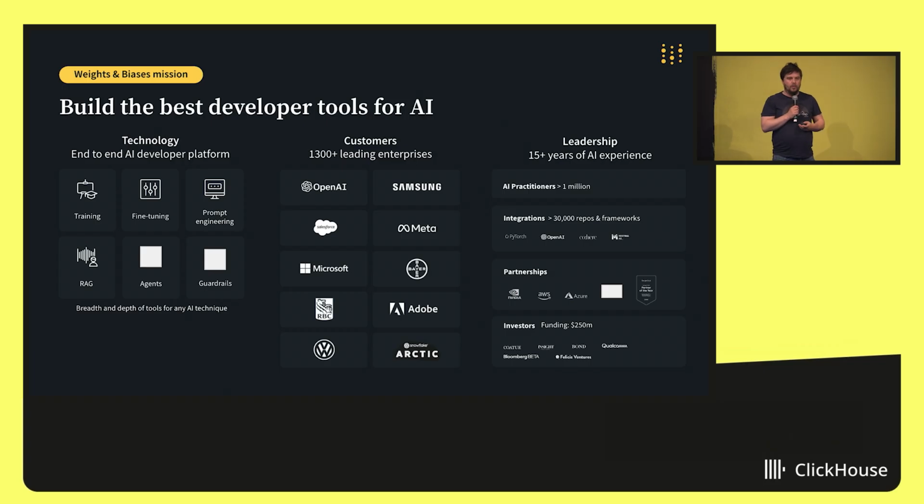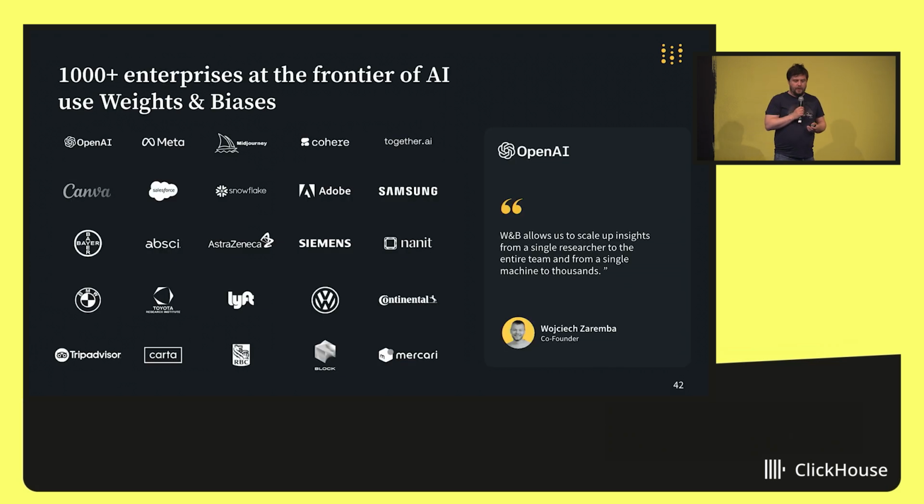But we really wanted to support AI. We felt like that's really humanity's last project. And we wanted to specifically do it by supporting the developers out there that were building these AI models and deploying them. And ClickHouse has been a really integral part of our journey, and we really appreciate them. We've expanded to over 1,000+ enterprises, tons of overlap with ClickHouse's customer base.